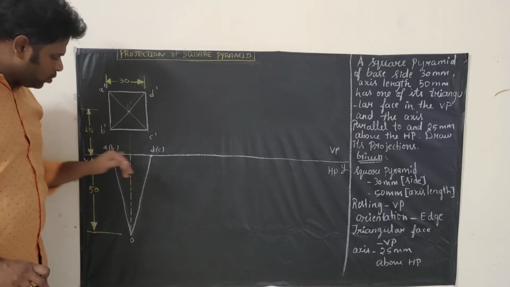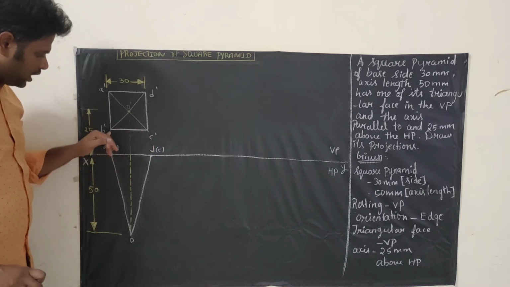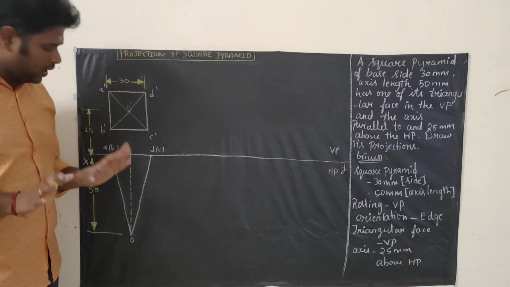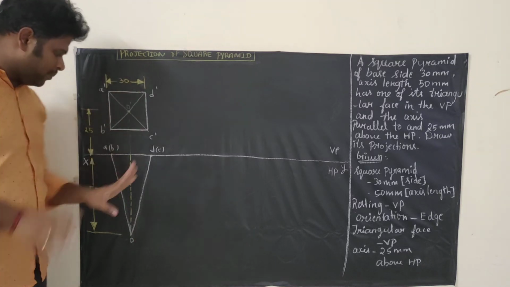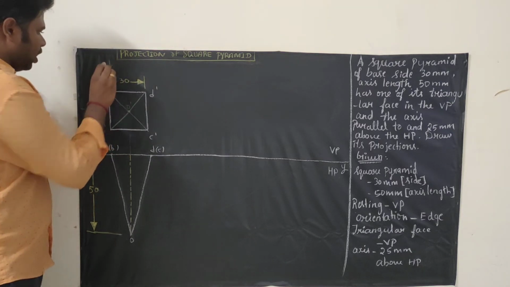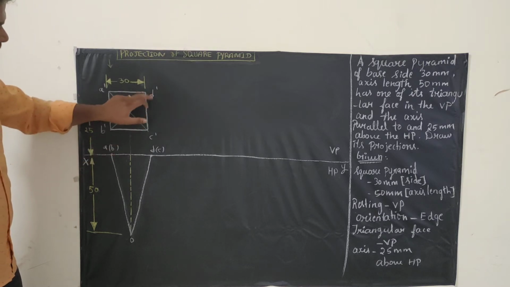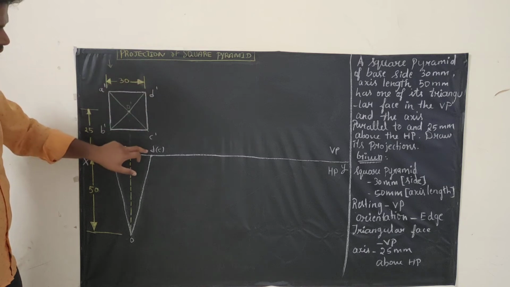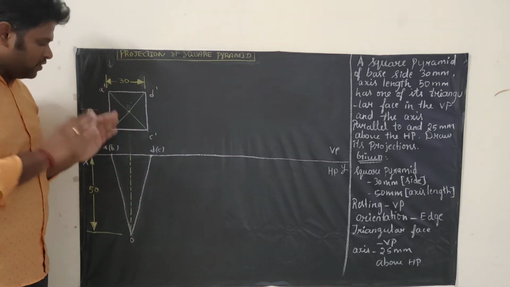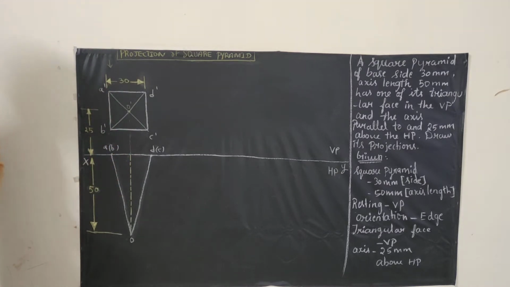Okay. These 2 points I clearly explained. Where you have this point, the same line you will have this point. Where you have the B dash, the same line you will have this point. Now we have formed a triangle. The axis length is 50 mm. Then when you see from the top, you can see A dash but you can't see B dash. So A bracket B. You can see D dash, you can't see C dash, right? So D bracket C, and O we write as it is. Right, now what we did is we have just drawn the front view and top view of the square pyramid.